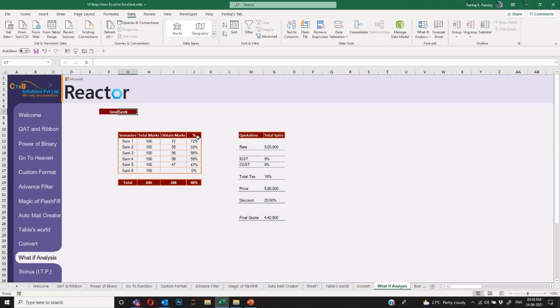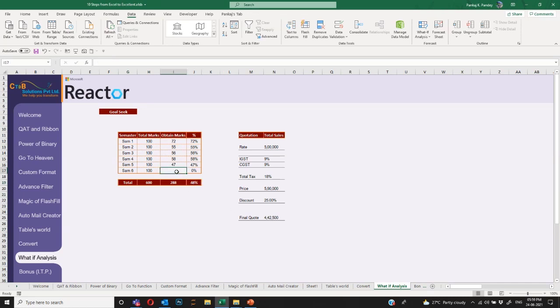Goal Seek, as is clear by the name, whatever goal you are trying to seek, it helps you in that. For example, I'll give you a case study. This is the semester results I have. I was working well from the beginning. I got 72 marks, 55, 56 and so on. But my base target is 60%. At any cost, I have to gain 60% in my overall degree. For that, I only have 6 semesters, out of which 5 I have already completed. I have to calculate how many marks I need to obtain to reach my goal of 60%. So that's how Goal Seek helps us.